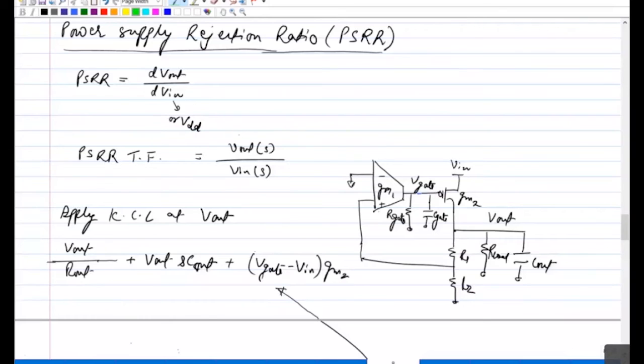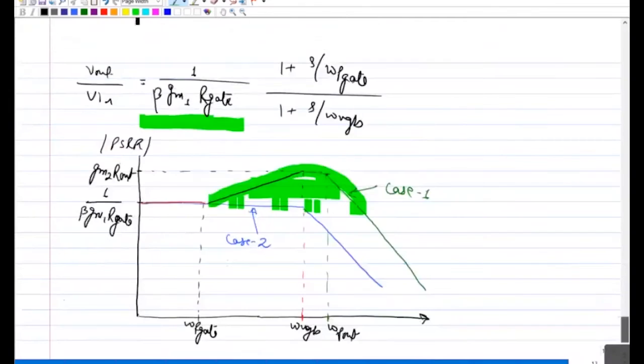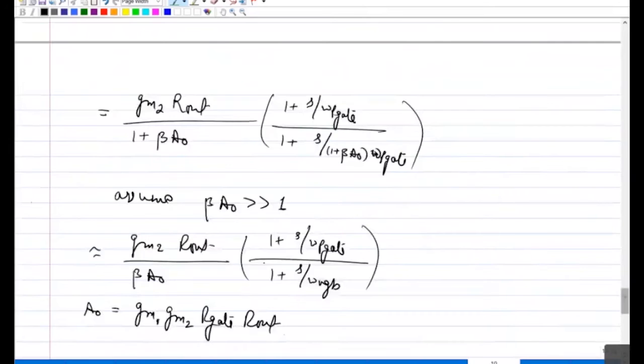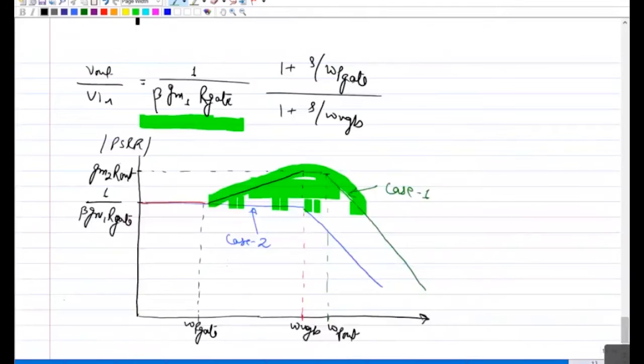So what you do actually, one way is that when you are making this pole dominant, then you connect the C gate. So which will be better, connecting the C gate to ground or connecting the C gate to VIN? Can anybody tell in terms of PSRR? Connecting to VIN. Yeah, so connecting C gate to VIN means that the capacitor will look like a short between gate and source, and what will happen? Your gate will follow VIN and effective VGS will be 0. So this is if you're obviously not using the Miller compensation. If you're using Miller compensation, then you don't have this choice.